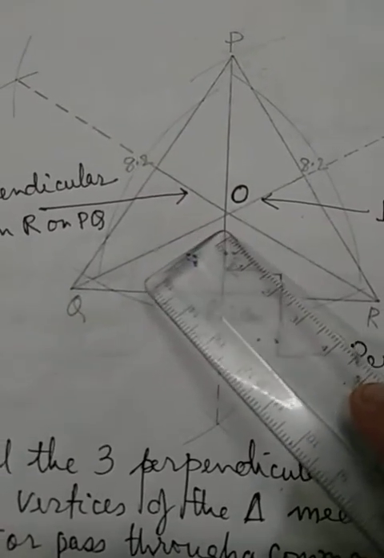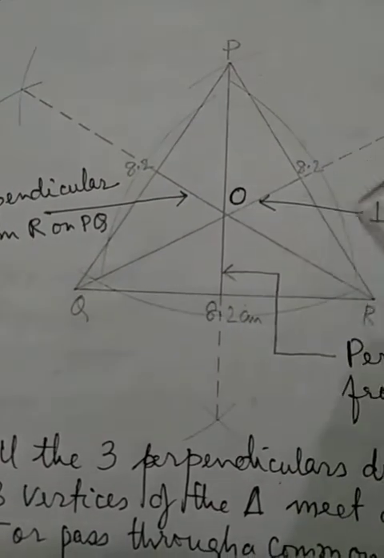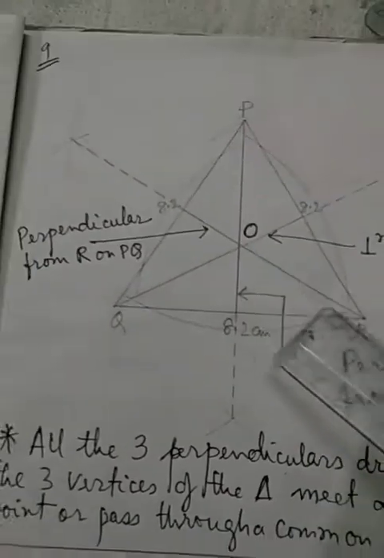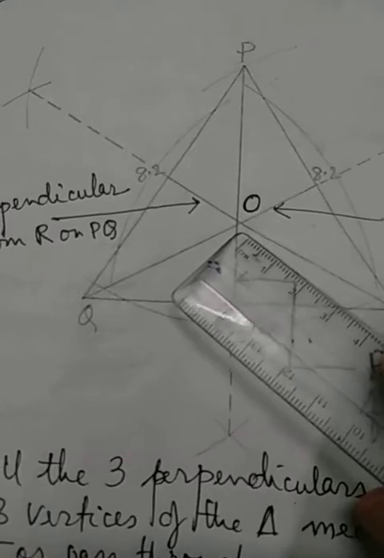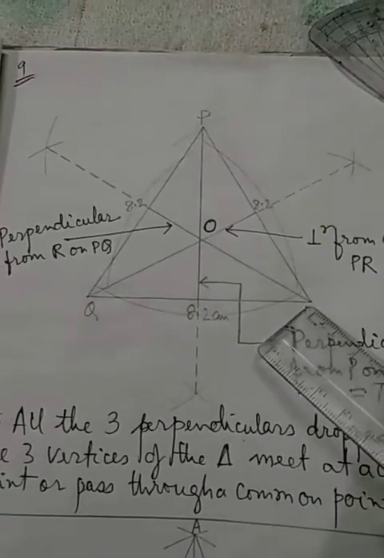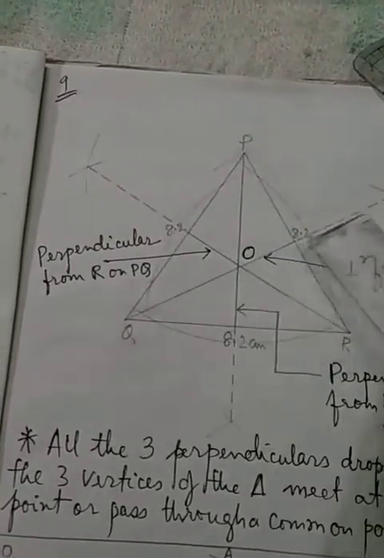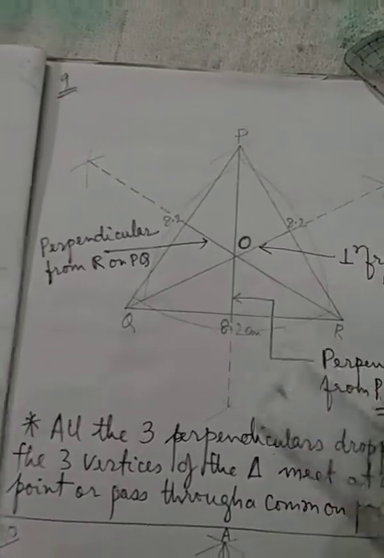Now if you look at it here, students, there is a little error. They are not passing very perfectly, because I have drawn after a long time, many years I am doing construction, and let's say in a hurry I did, and you see here lines are thick. My pencil was not very sharp that time. So a little error, it is not a very perfect work, but doesn't matter. More or less it is little. So if you work perfectly, then they will pass through a common point. All the 3 perpendiculars will pass through a common point.